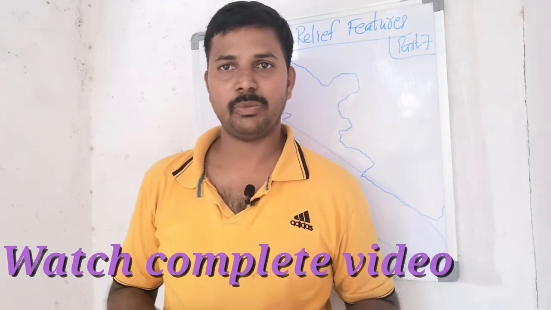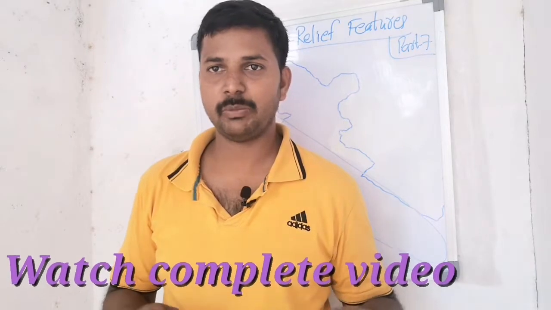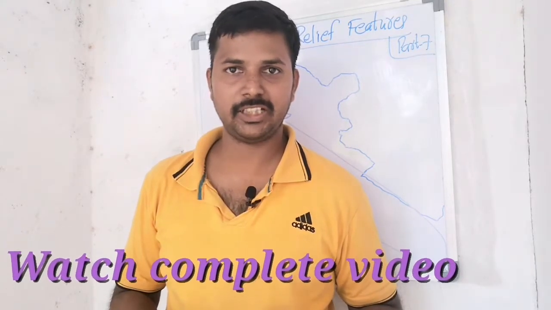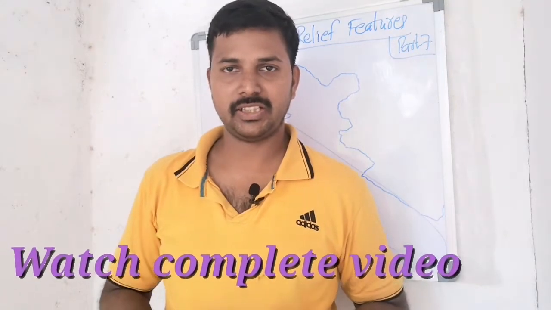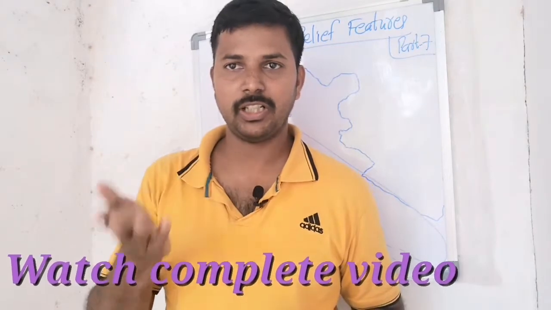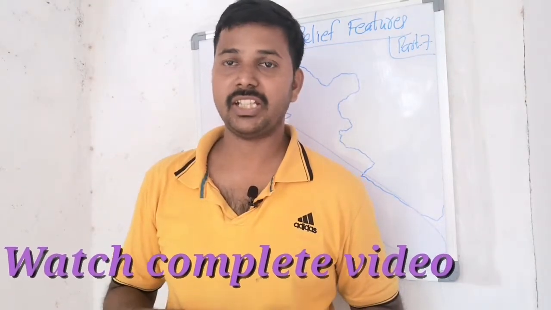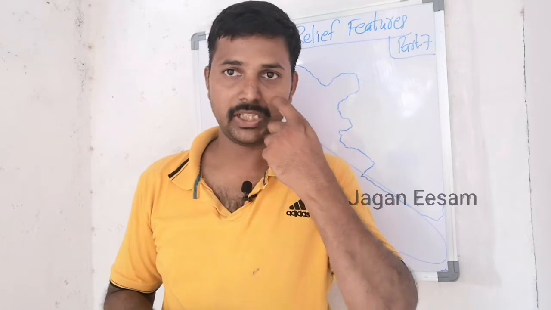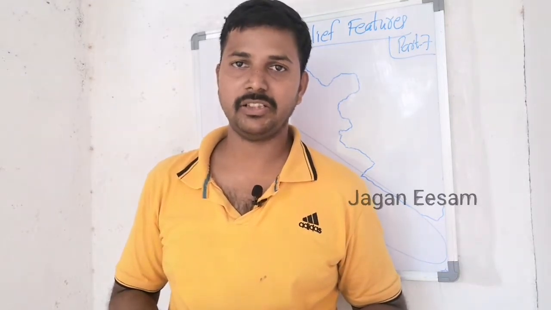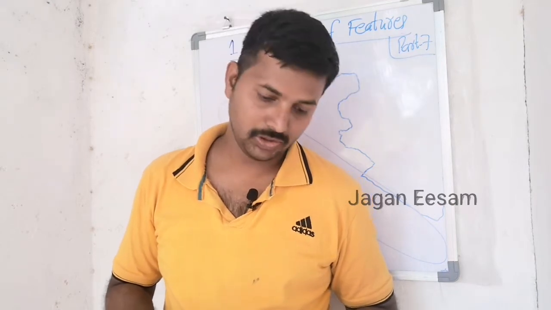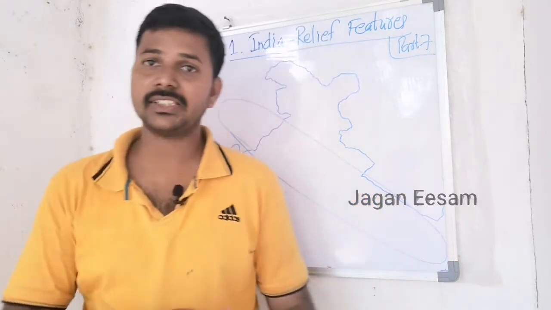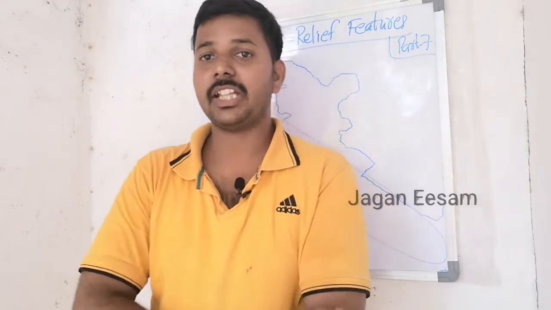What happened from 20 million years ago onwards? The shallow basin was gradually filled by the sediments deposited by the Himalayan rivers like Indus, Ganga, Brahmaputra, and their tributaries. In that way, flat plains were formed. These flat plains we are calling the northern plains. That means the northern plains are formed by the interaction of the three major river systems of the Himalayas: Indus, Ganga, Brahmaputra, and their tributaries. Mainly these rivers deposited alluvial soils.